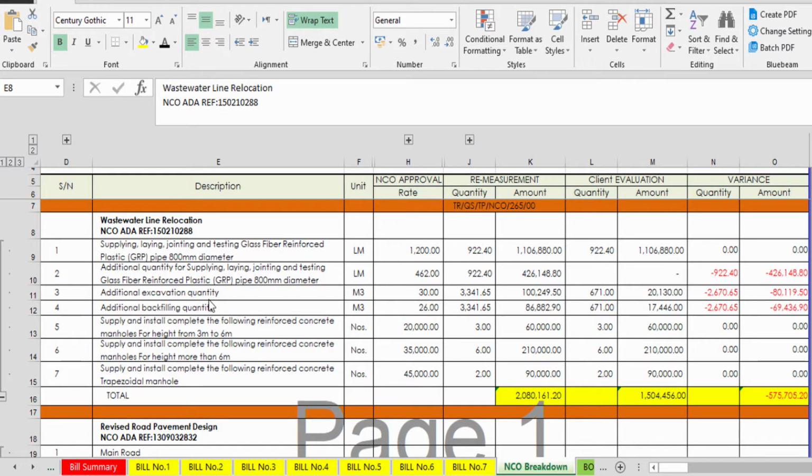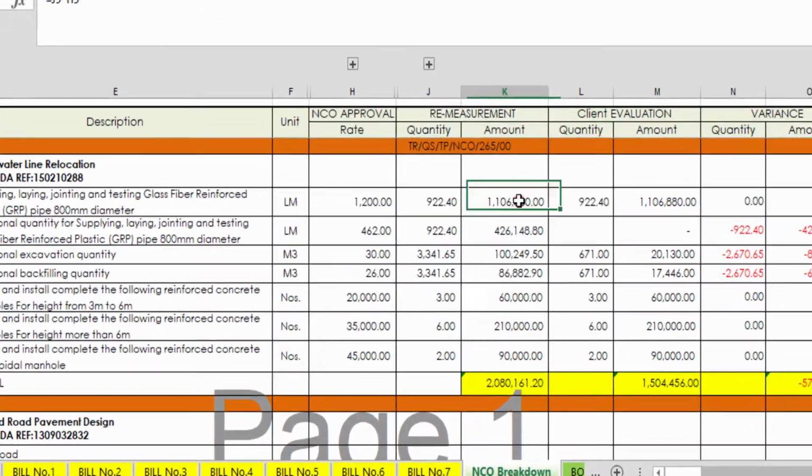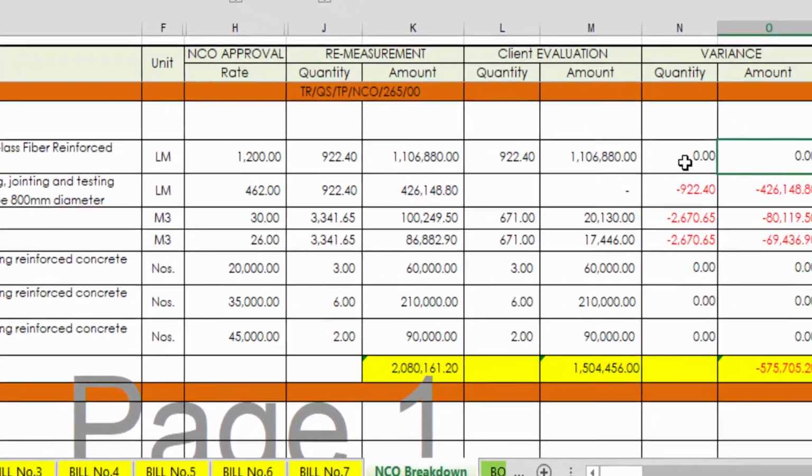Then when the project has finished, we remeasure all these items again. At the end, this is the quantity, and we will submit this again to the client, and they will say, okay, this work was done according to this drawing and according to site conditions. So it will verify that this much quantity is approved and this much amount is approved. Okay, and in the end column, as you can see, there is a variance. Variance basically means the difference between what we have submitted as a remeasurement and what they have approved. Okay, if there is a difference, it will be written over here.